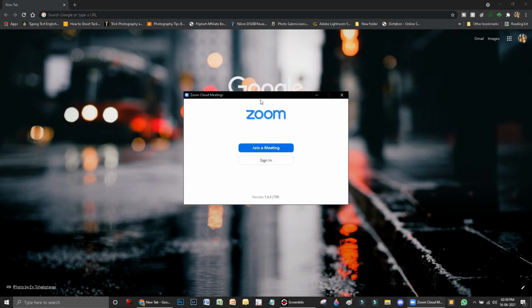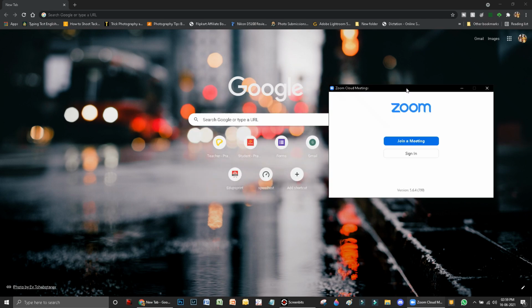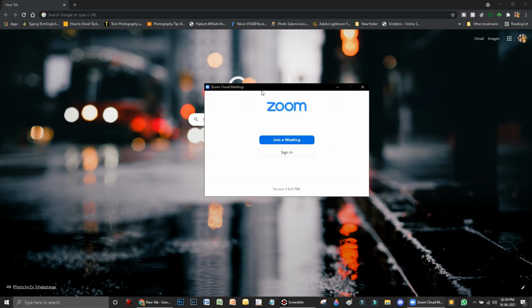Dear parents, we have been receiving a lot of queries about Practically, and this is the video about how to log in on computer and how to attend a class, right? So first thing we have to do here is we have to make sure Google Chrome is open and Zoom app is open. We have to make sure that Zoom app is installed. Okay, so Zoom app is open and Chrome is open.